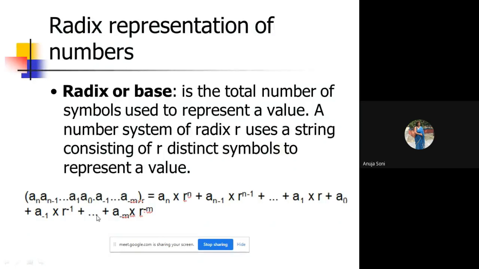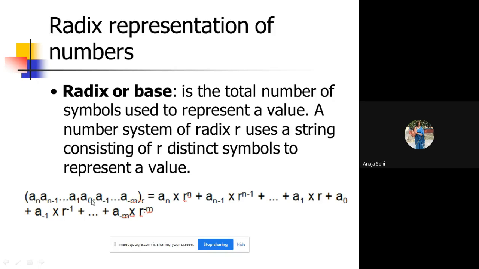This is simply a formula. If a number is being represented in this form, these are the different digits basically. Initially we are going to talk about only the integral values, and later on we will include the decimal portion as well. Digit by digit of that number, A naught is the very first digit of this integral part, the least significant digit, which we will call the least significant bit. A naught, A1, A2, AN minus 1, AN.